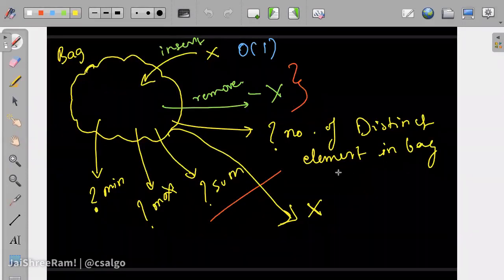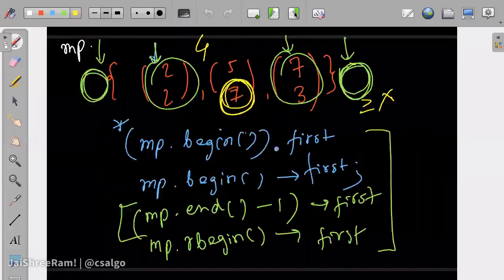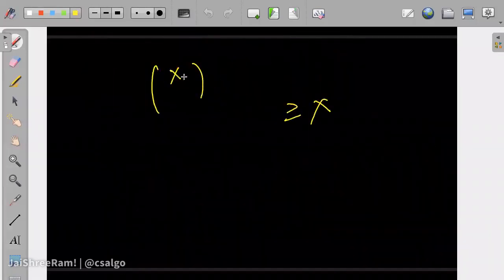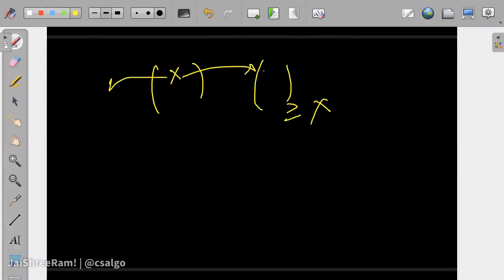Now let's just quickly change one more thing. We talked about the element which is greater than or equal to x, and its frequency, right? Now let's suppose I want to find the element less than or equal to x and return its frequency. How do we do that?